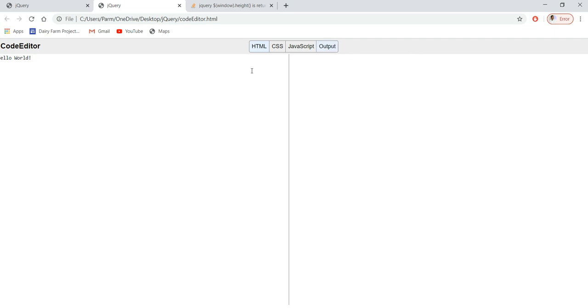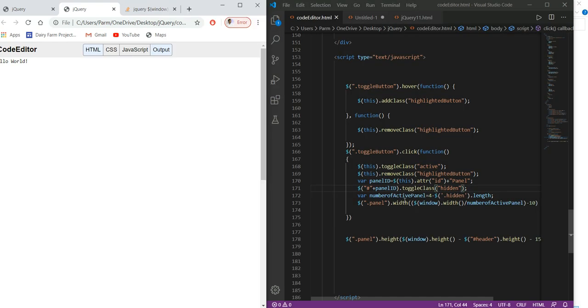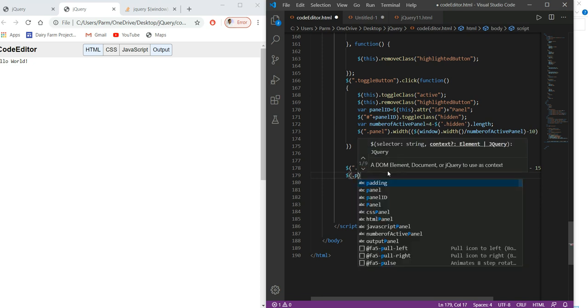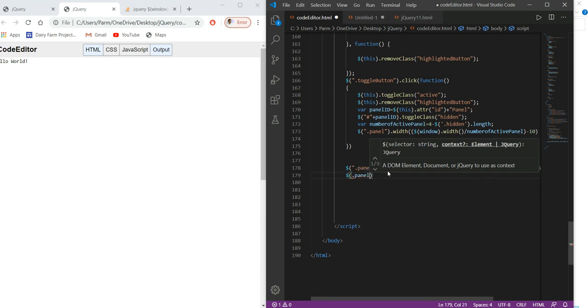So here we have to add one more line to this also. Say, if I add it even for this panel, this has to be specified in double quotes.